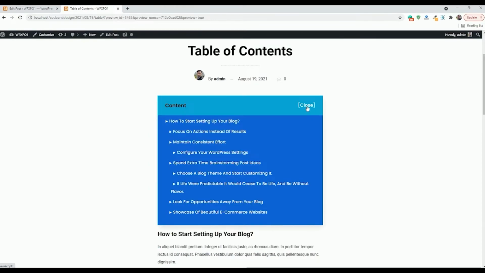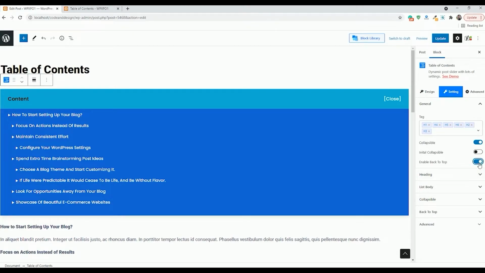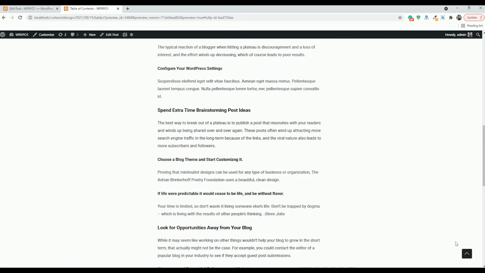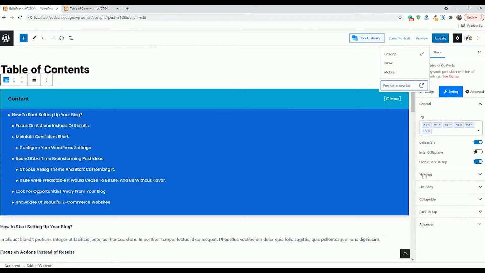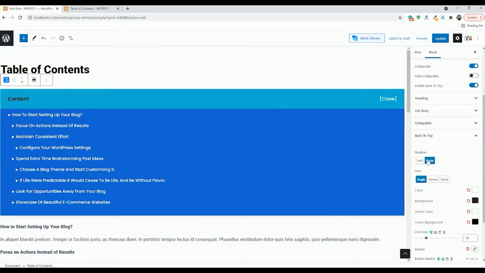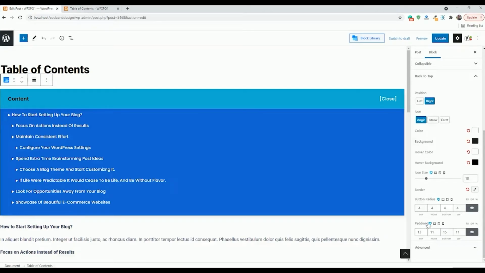You can also turn on the back to top feature from general settings, so that the readers can go back to top by using the back to top button. PostText allows full customization options for back to top feature, which includes button position and choosing from 3 button icons. Changing the colors of button, button background, hover and hover background are also available. You can also adjust the size of the button along with button radius and padding.